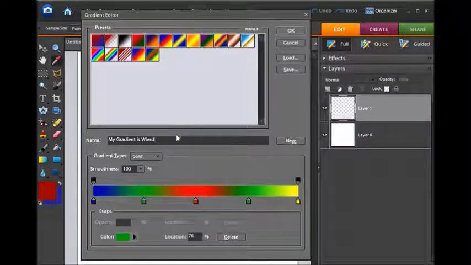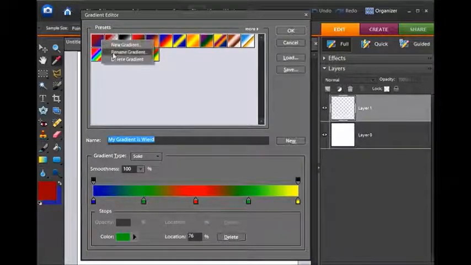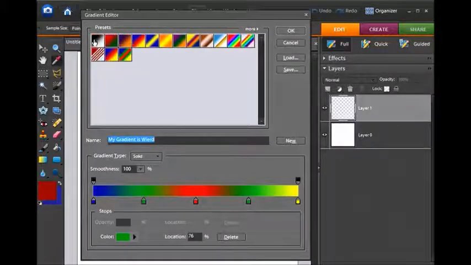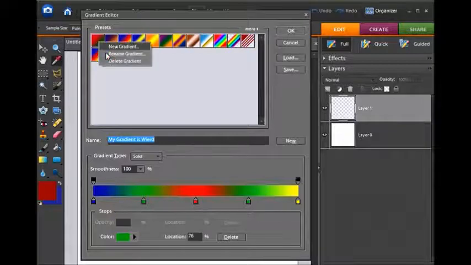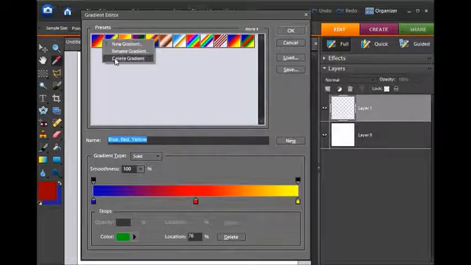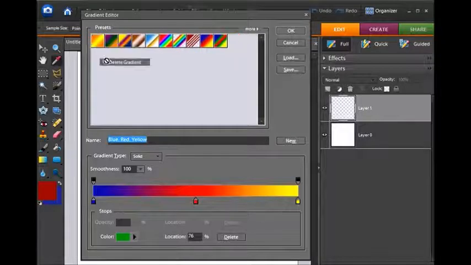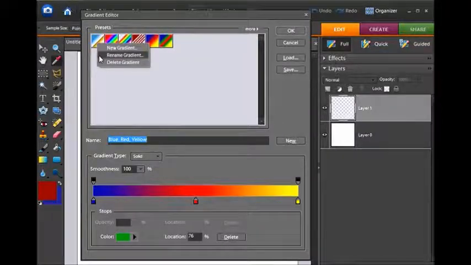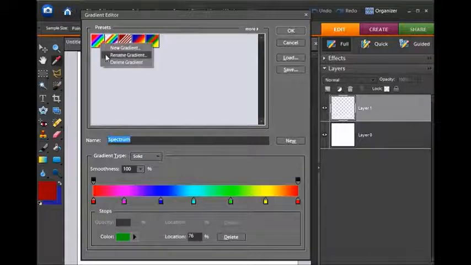And in order to save it, you're going to have to go and delete by right-clicking all of these other gradients, because what gradients do when you save them, they save them as a library or an organization of similar gradients. And you have to go through and delete every single one of these, and this can be intimidating because,